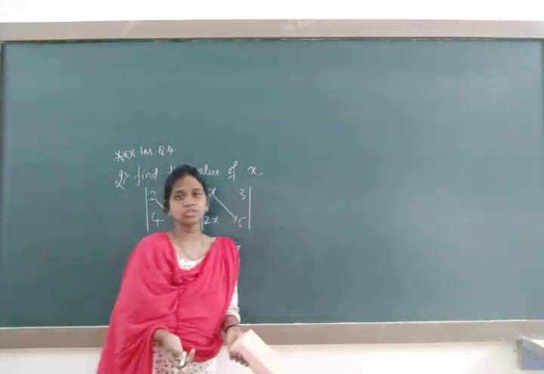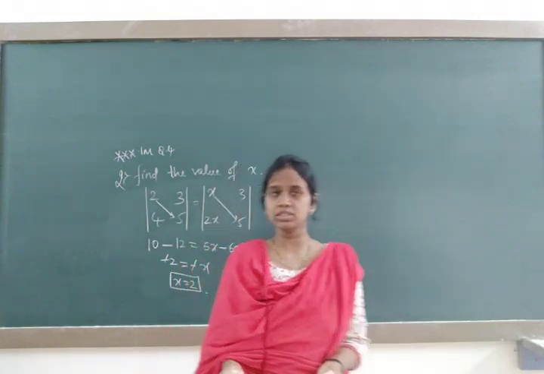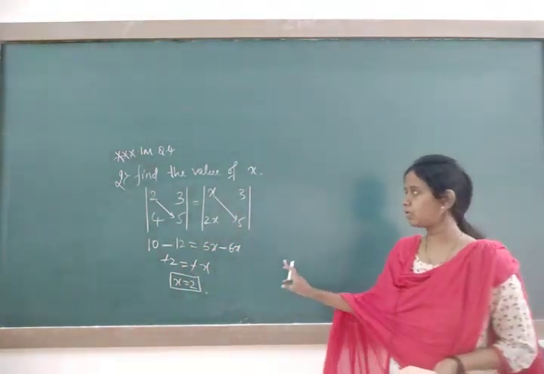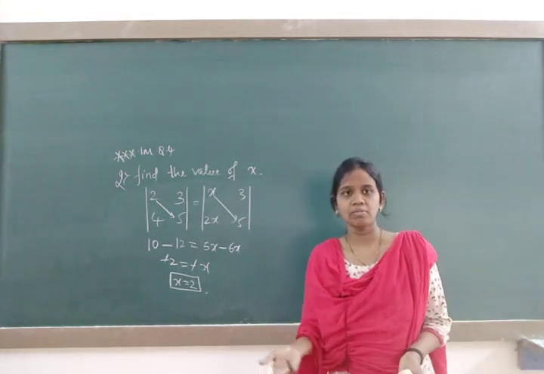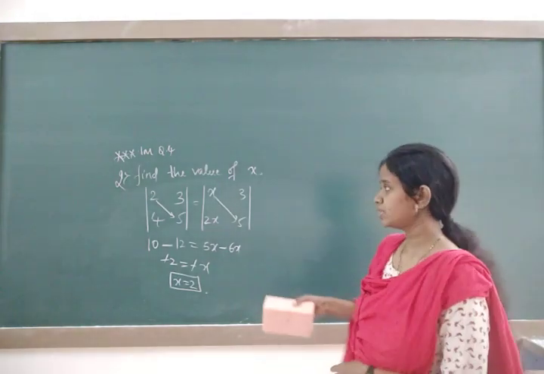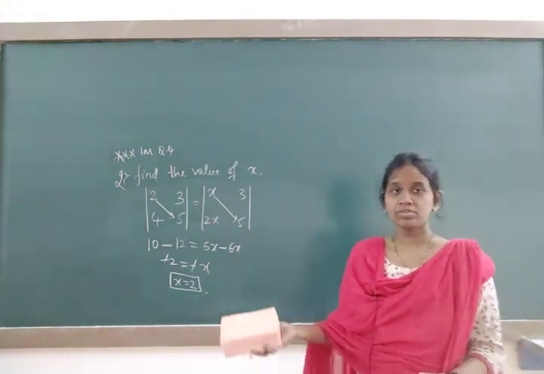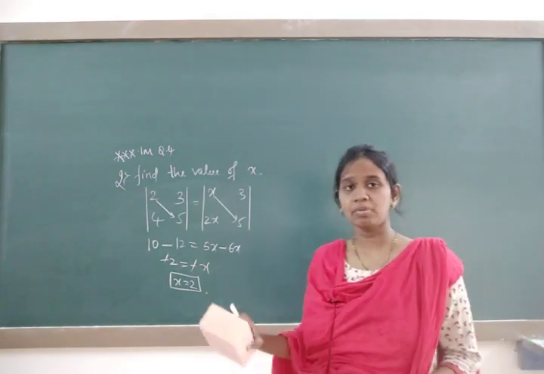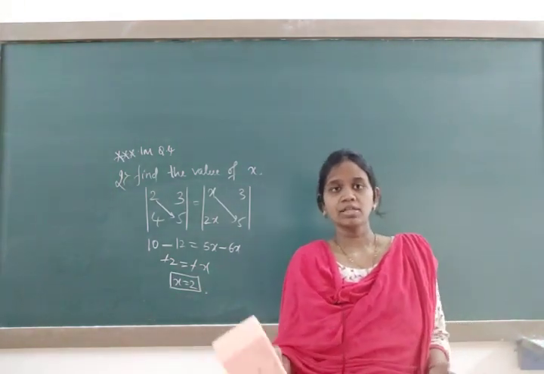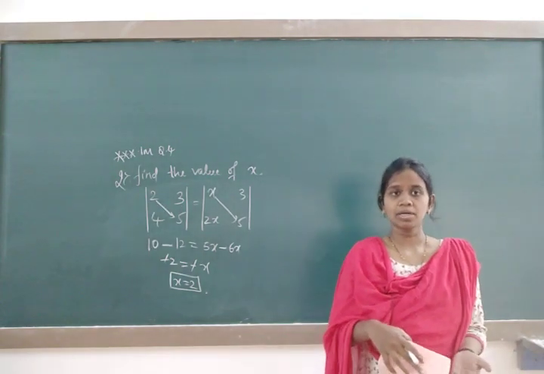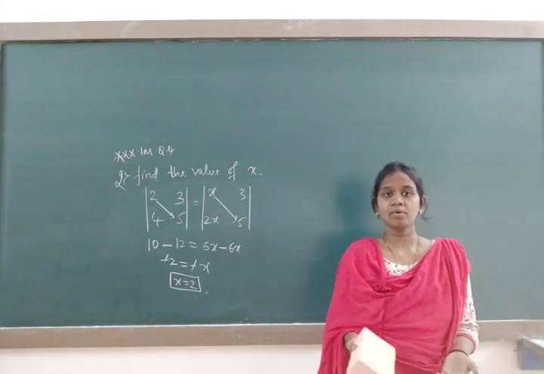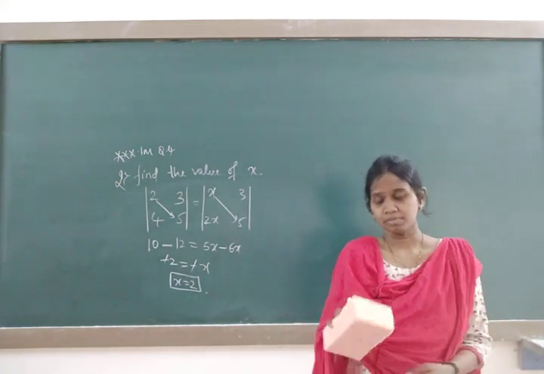If this type of question they are asking in your examination, it's very easy. You just expand both the sides, and in your examination they are going to ask about the 2 cross 2 determinant and find the value of x itself. So this is about the last class, where we studied the expansion of the determinant of order 2 cross 2. Now the complete chapter is based on only this, expansion of either a 2 cross 2 determinant or a 3 cross 3 determinant. In today's session we will talk about the properties of determinant.